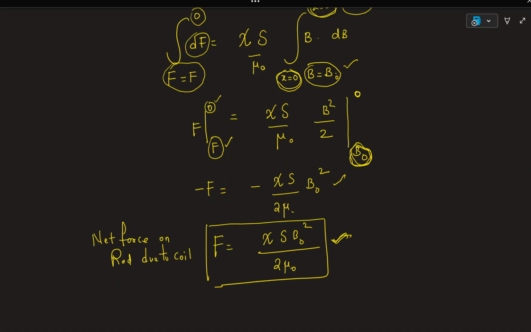If you plug in, you get one very wonderful result. With this, you can understand the force on the rod depends on the nature of the material, the susceptibility. Materials which have more susceptibility will experience more force, like the ferromagnetic materials. It also depends on the area of the cross section, and also depends on the external magnetic field produced by the